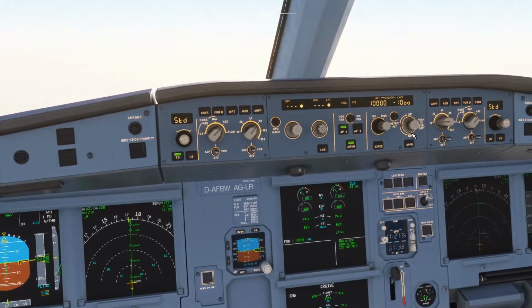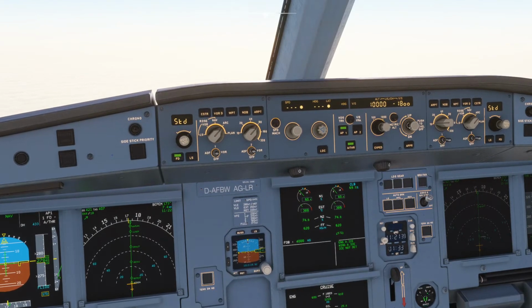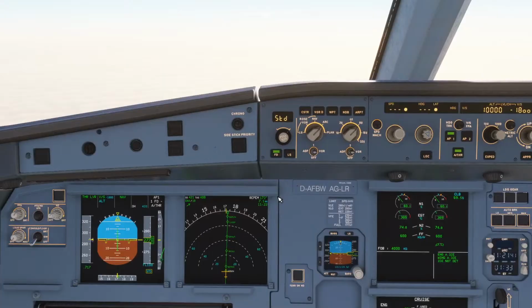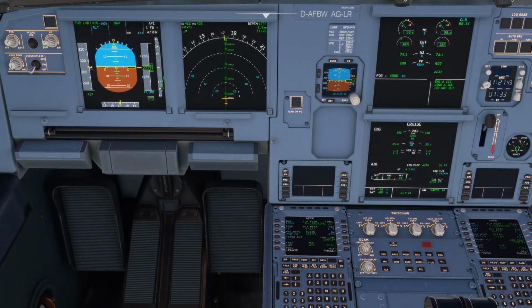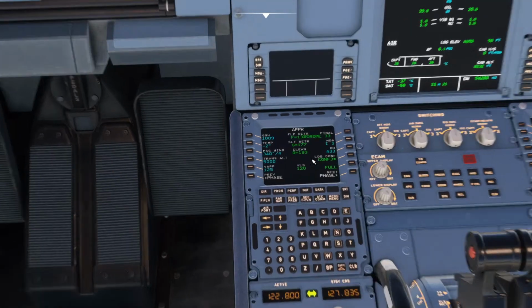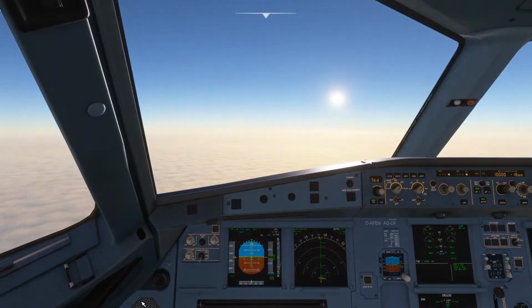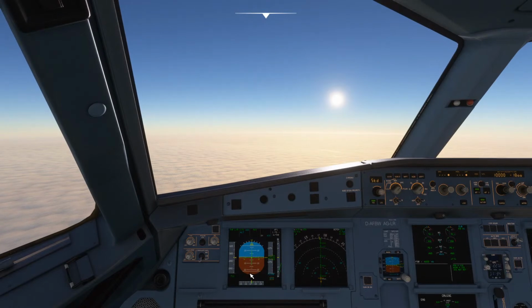And we haven't got a controller or anything on, so what I will be doing is having a little look at the charts for a transition altitude. It's telling us on the charts it's 5,000 feet. And from our approach plates we've got our decision height of 433, and that's when we get the minimums call out on our aircraft,